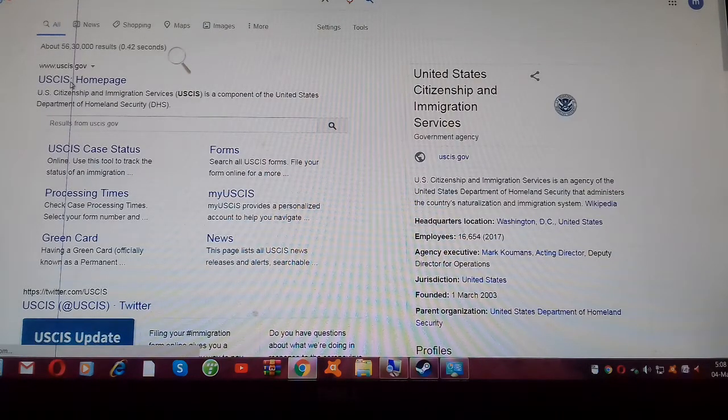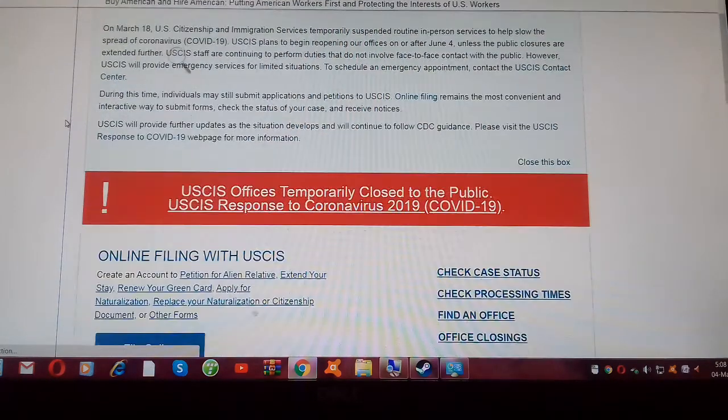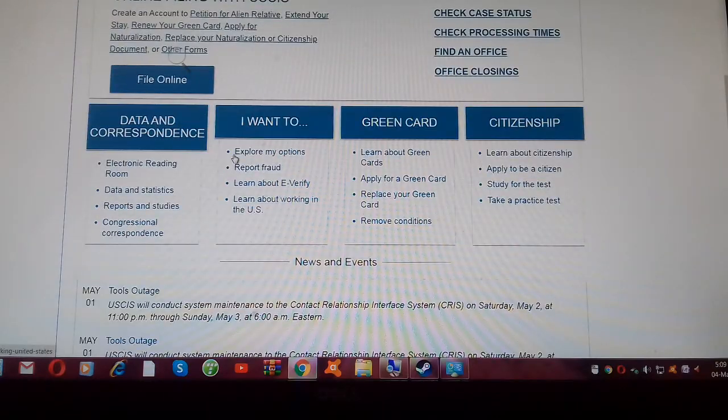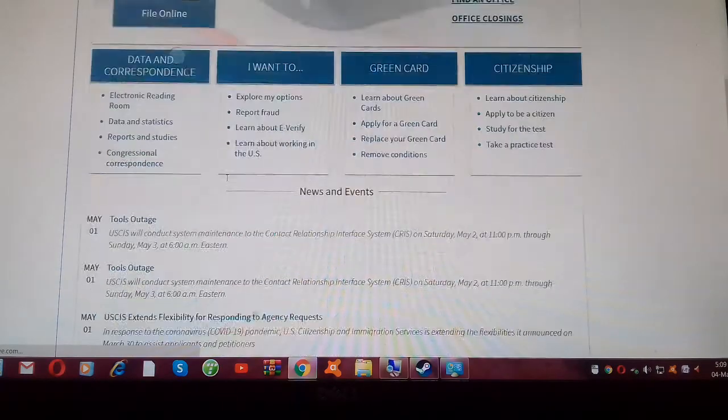You have to click here and you will get the details of how to register for the green card, what the steps are, how to fill it, what procedure you have to follow, and how much money you have to pay. We will discuss the full details later. You can see on the screen the homepage, which shows how you should apply for the green card, also known as the permanent resident card.